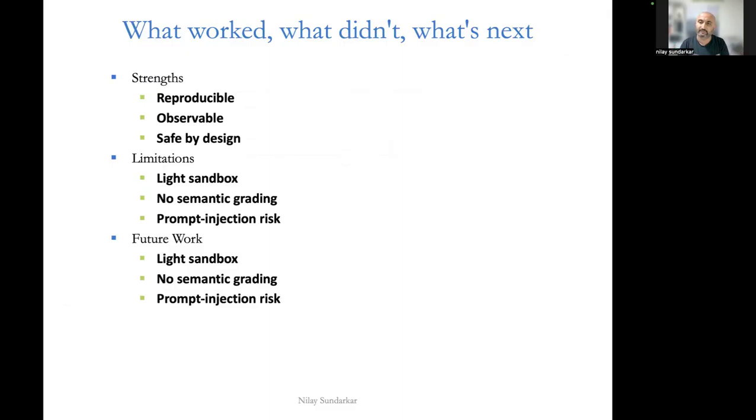Lastly, wrapping up: what worked, what didn't. Three engineering practices, I guess. One, the eval is reproducible. Every trace and aggregate summary is committed to the repo, so verification doesn't cost API spend. Two, the system is observable. Every model call and tool call is recorded in a structured trace, which means the metrics you saw come from real data. They are not hand curated.